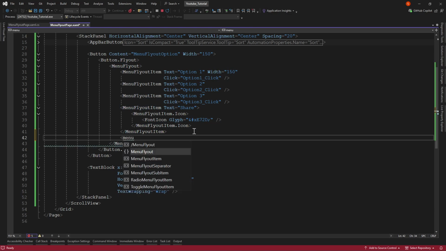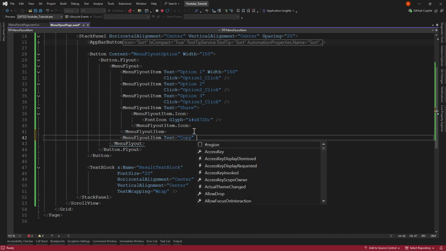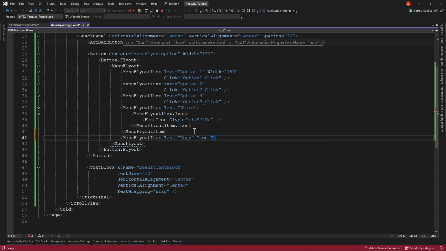Menu flyout item. Let me set a text. Copy, and icon. Icon be copy.